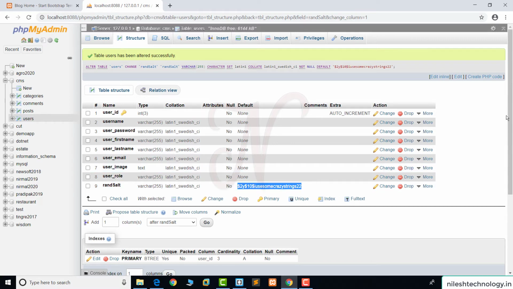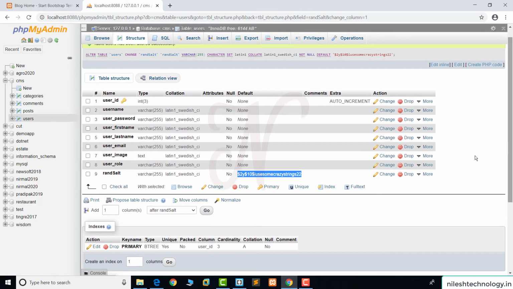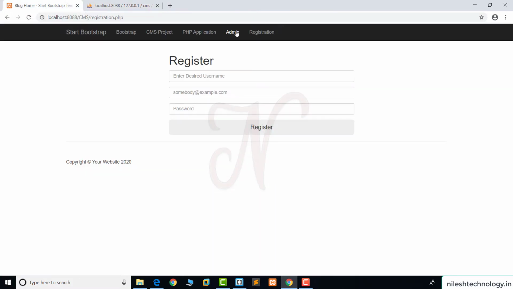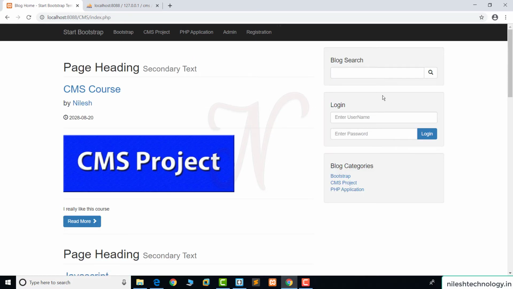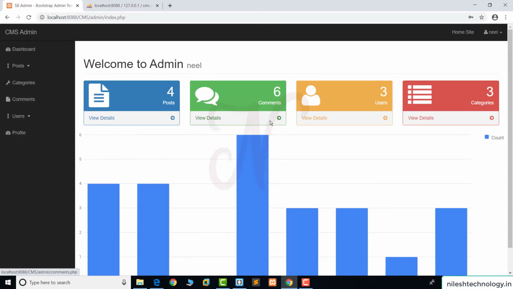Okay. So before doing any code, we add one user in the database. So see here in the admin section, here we log in as my admin user Neil1234. So we create a new user. So add user.